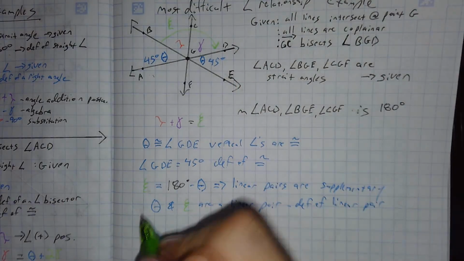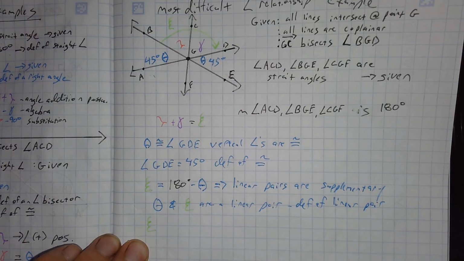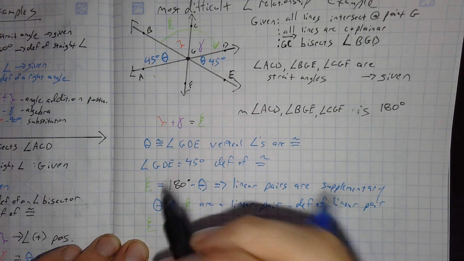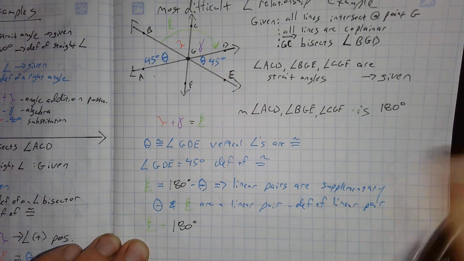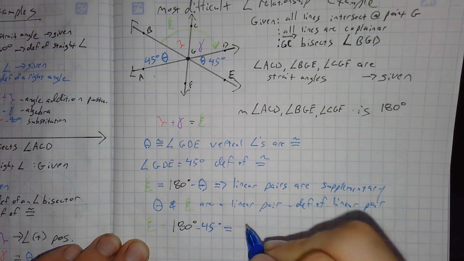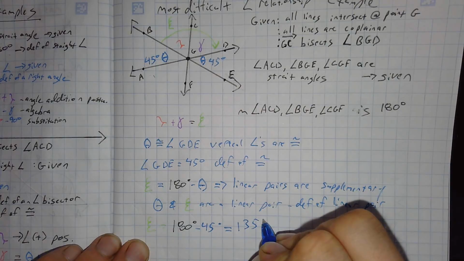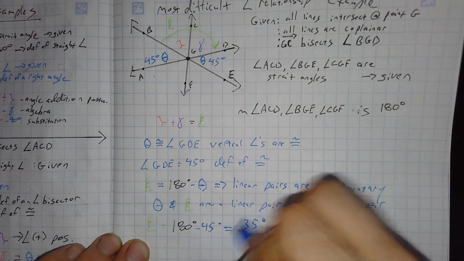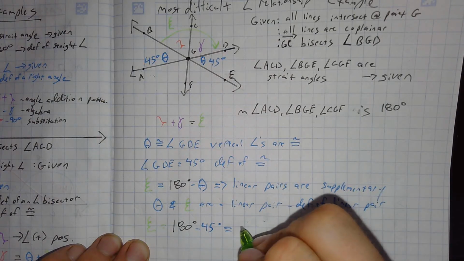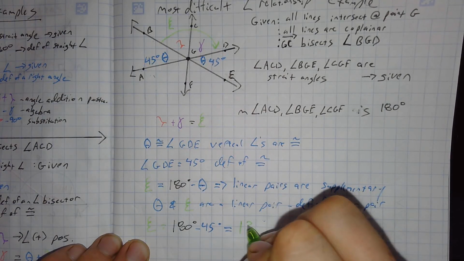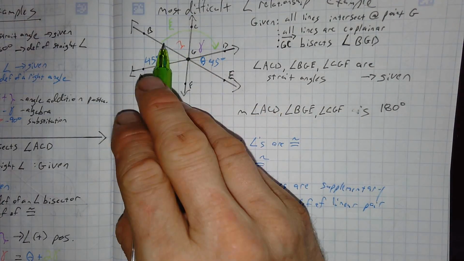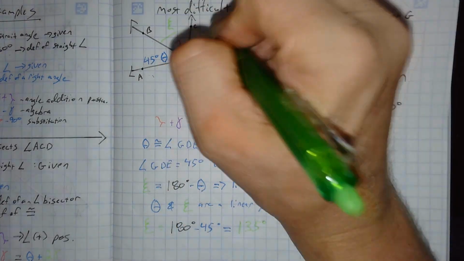So then now I can say that epsilon equals 180 degrees minus 45 degrees, which equals 135 degrees. Let's make that green. Make this green. 135 degrees. Okay, so if angle epsilon is 135 degrees,